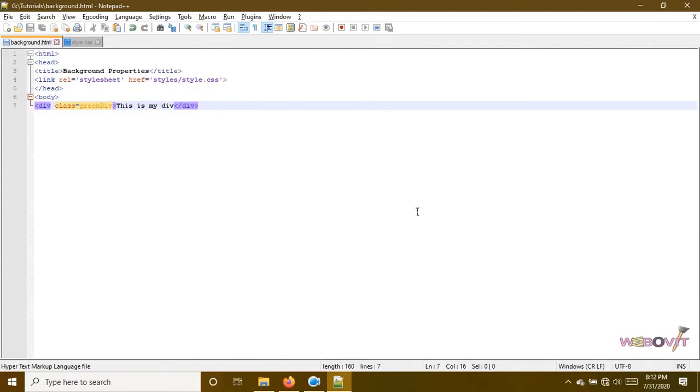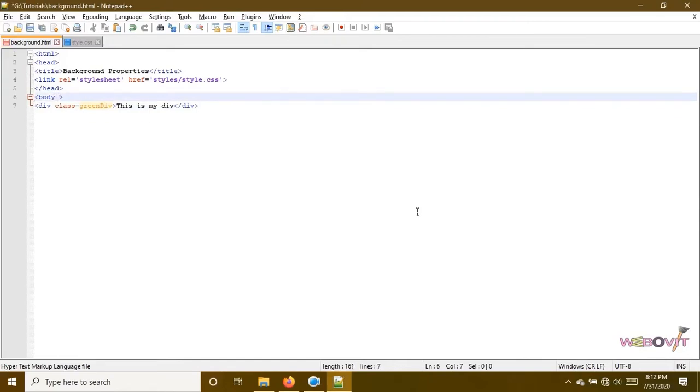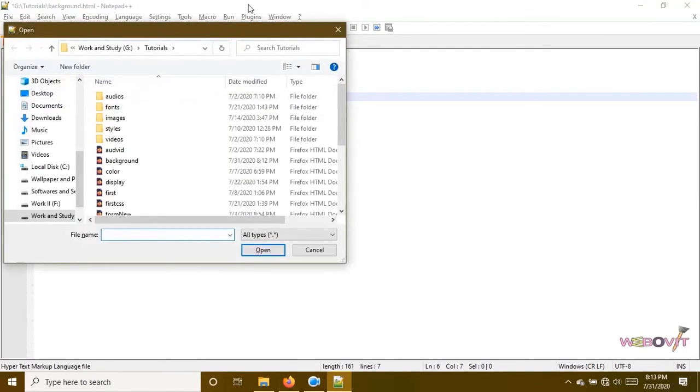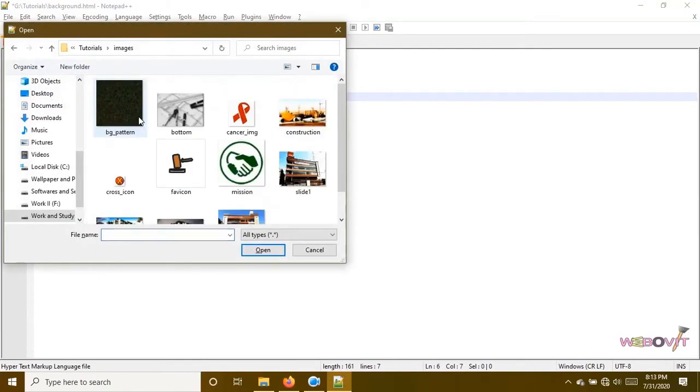So moving ahead, now I want to apply a background image for the body section. Body section is the complete section of the file, the visible area. This is known as body. Now we will see first our images folder. Inside our images folder, we are having multiple images. Some are having .gif, some are having .jpg extension. So currently in this scenario, I will use this one, slide1.jpg image.